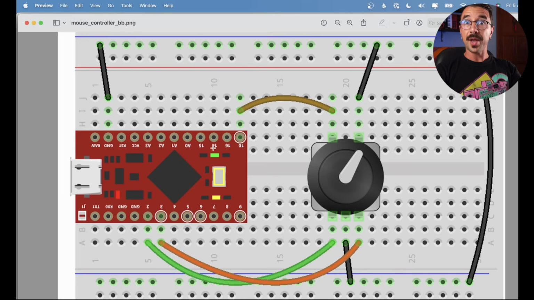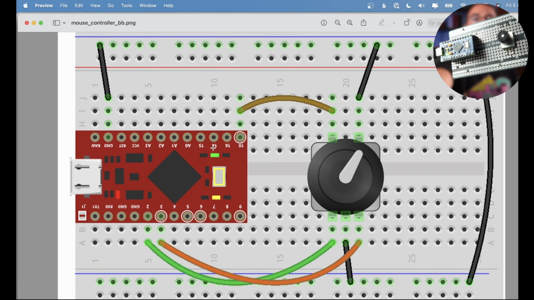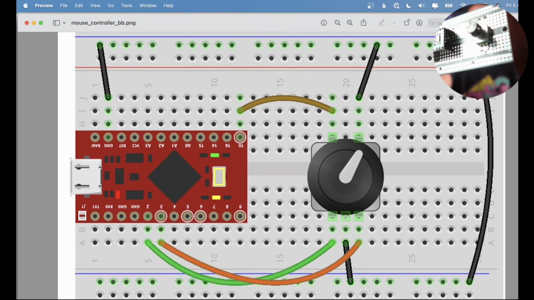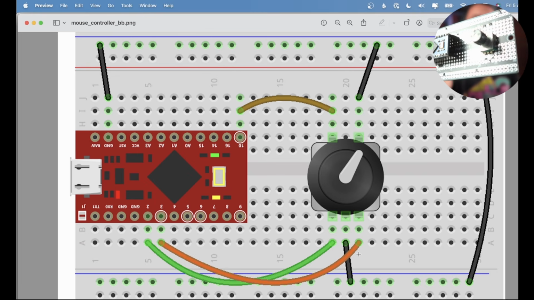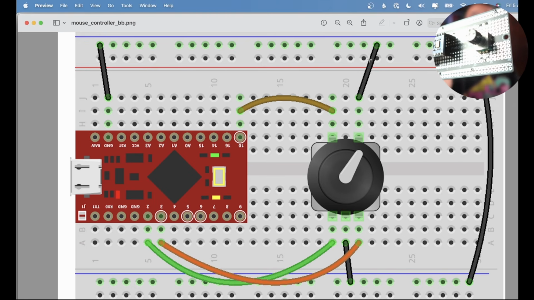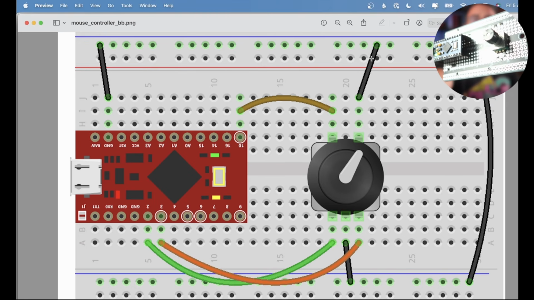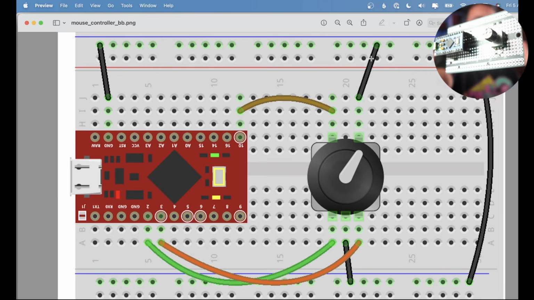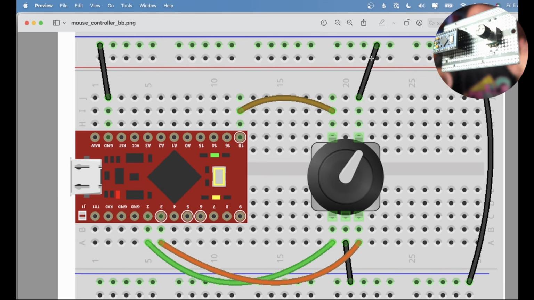So how are we going to wire this encoder then? Here's how I am wiring this encoder. A is going to pin 2 of my Arduino, the middle one is going to ground, and then pin B is going to pin 3. Since this encoder also has a switch, I'm connecting this to pin 10 and the other one to ground. But today we're not going to use the switch, since it's just like using a button, and you can see how to use buttons, and I also teach everything about buttons, potentiometers, and encoders inside my courses. But today, let's just pay attention to pins A and B.